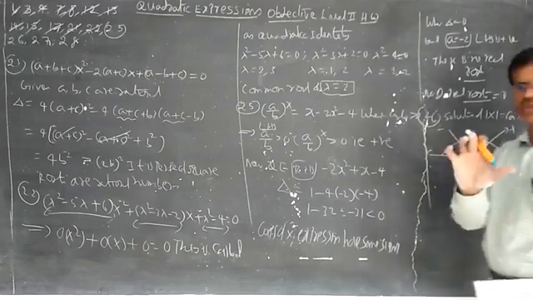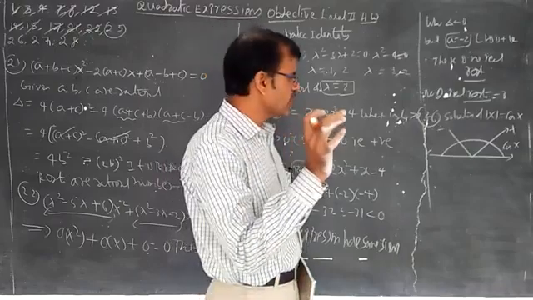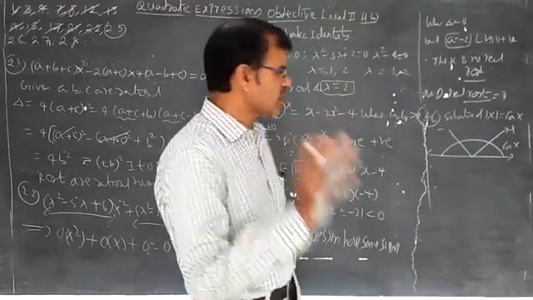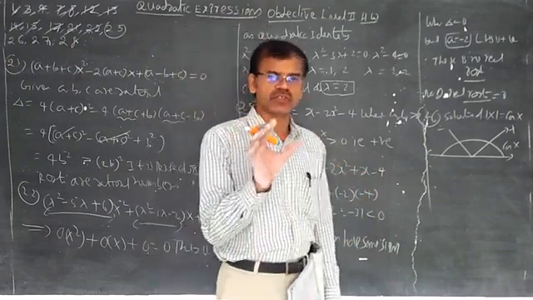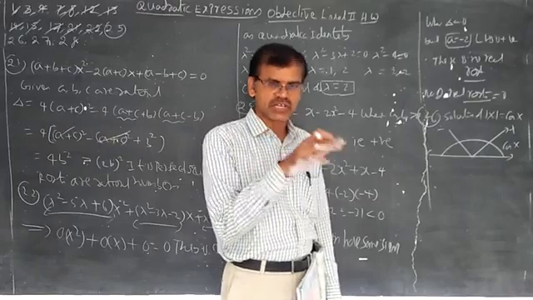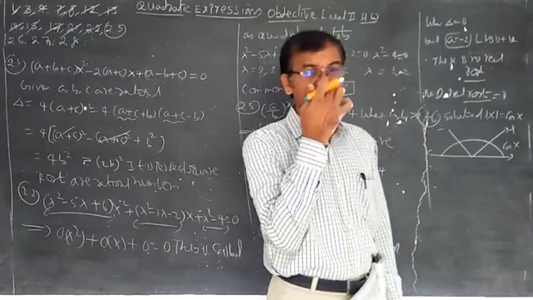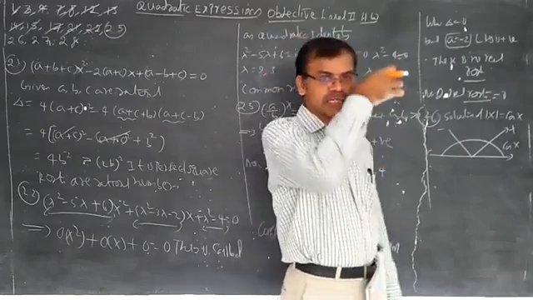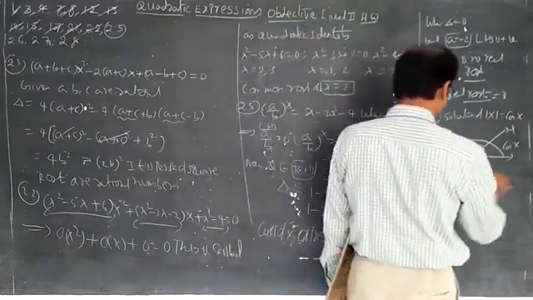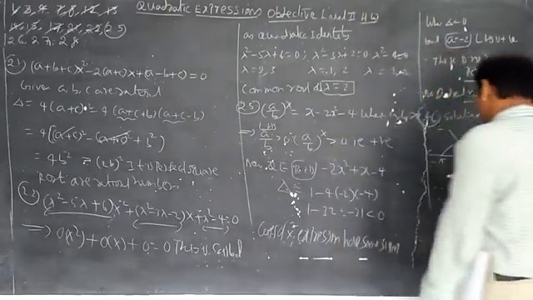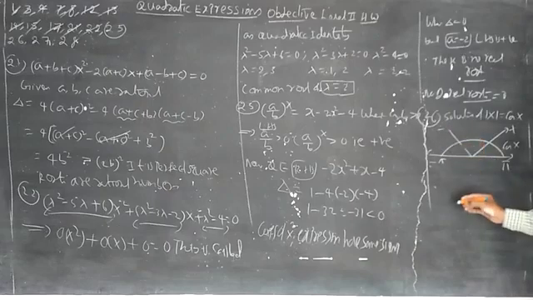In one interval, minus pi or anything, you can take any value; it depends upon the modulus value you consider for cos x. For example, minus 3 to 3. Of course, cos x should not exceed 1 and should not be less than minus 1. Between the values of minus 1 and 1, the cos x graph will be drawn. So for minus pi to pi, the graph will be like this, with minus 1 and 1 like this. Negative side, positive side, and modulus x also like this.